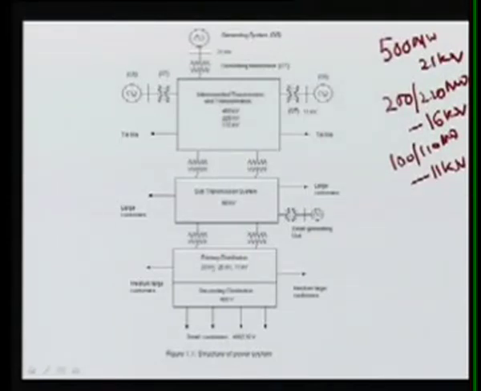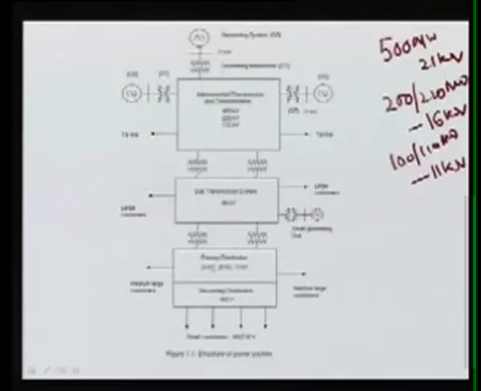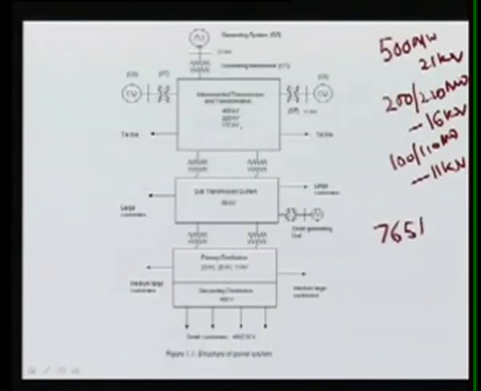Our ultimate aim is that this generated power must reach our small customers, and so it follows the transmission lines, also the sub-transmission system, and then here is the primary distribution, this is the distribution system. So the integrated transmission system presently has the 800 kV transmission system, 220 kV transmission system and 132 kV transmission system. Presently we have a transmission line that is constructed at the 765 kV class of insulation. Normally it is called 800 kV